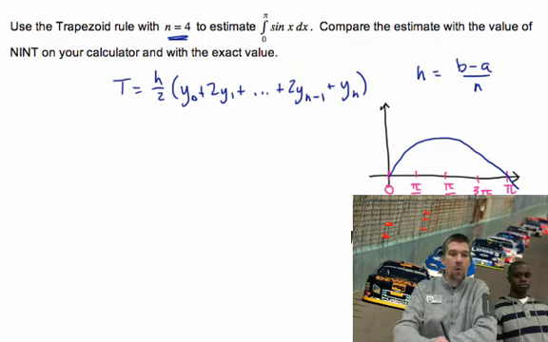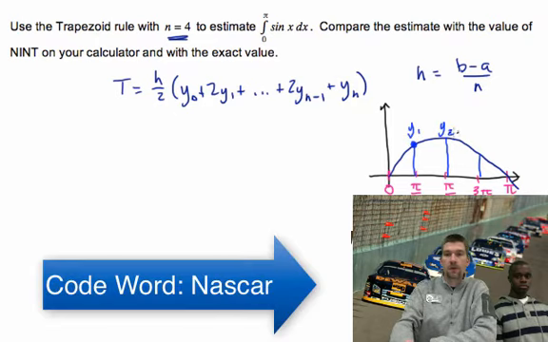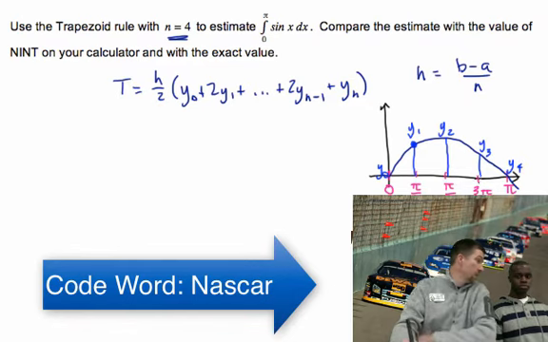And what we want is the height. We need the height here, here, here, and over here. So this one is going to be y1, y2, y3. Here's y0, and here's y4. And once we have all those,